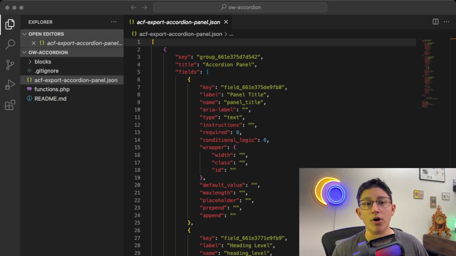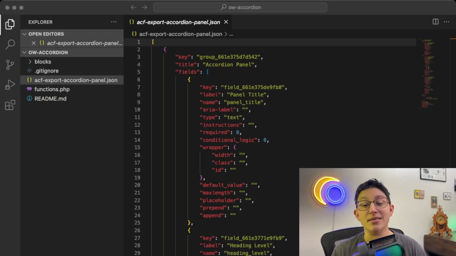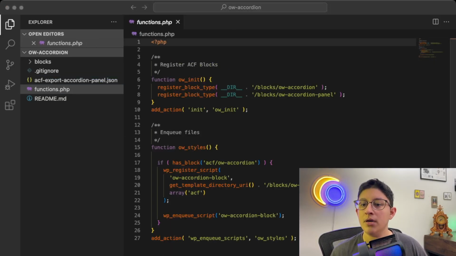This would all go into a plugin ideally, since this is sort of core functionality. Right now, I just have things inside of a functions.php because I don't know how you're going to be setting things up. I just sort of threw this together based on what I've created. So obviously the next step would be to create a plugin for this that would require Advanced Custom Fields Pro. There are a few things in here that you can throw into your theme or your child theme in the meantime, in order to then turn this hopefully eventually into a plugin so that we're keeping the functionality separate. If you decide to change your theme, your accordion is still going to be there and still work.